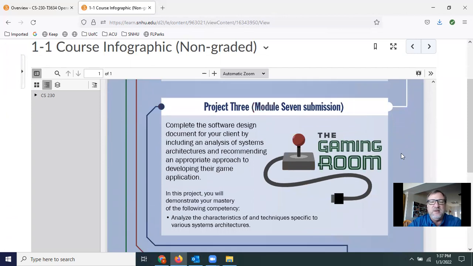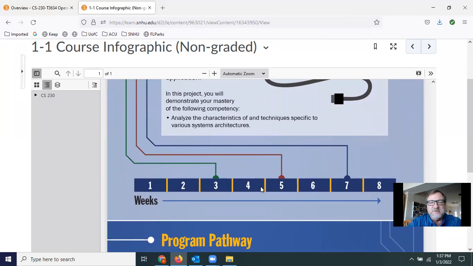And then project 3 is to complete the software design document for your client by including analysis of the systems architecture and recommending the appropriate approach to developing their game application. Like I said, this could be all one project, but it's broken down in 3 phases in weeks 3,